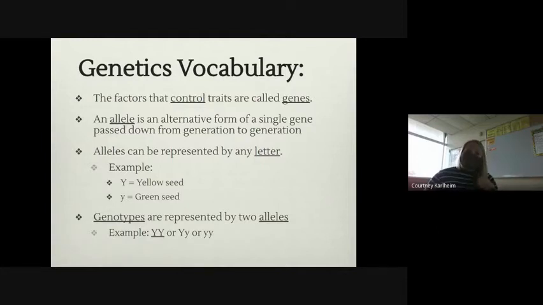Genotypes are just represented by two alleles. Geno meaning genes, so it's just the letter representation. So two uppercase Y's, an uppercase and a lowercase, or two lowercase, which we'll learn what that means hopefully today